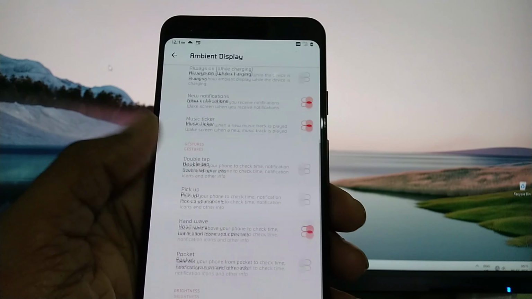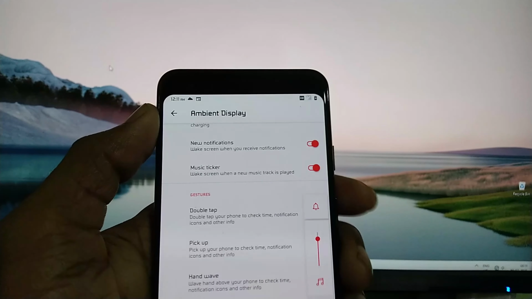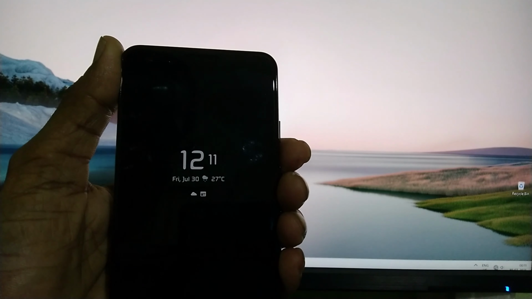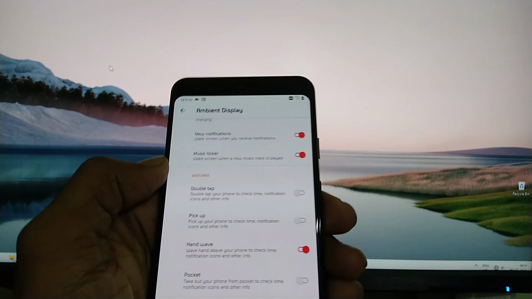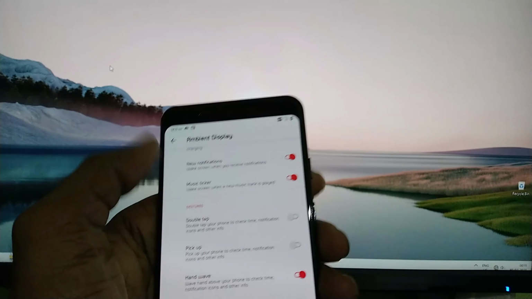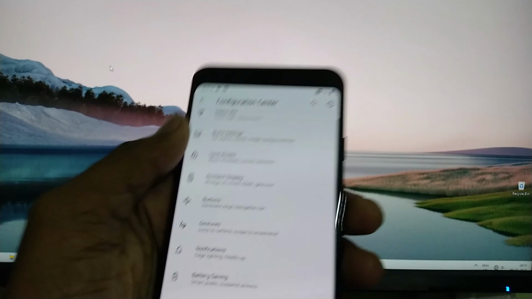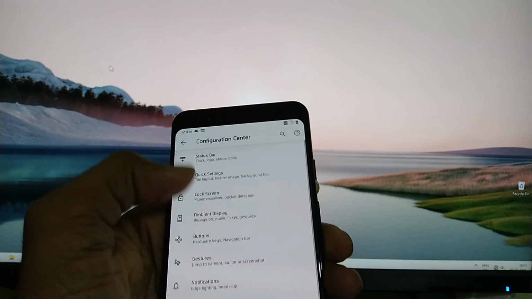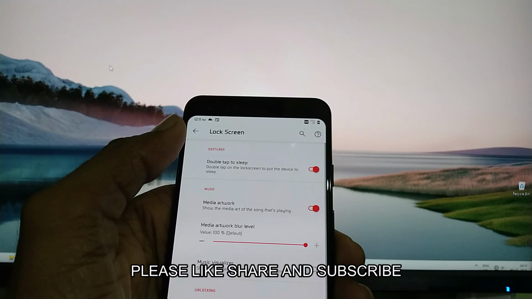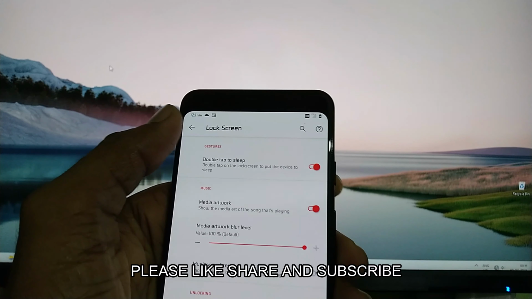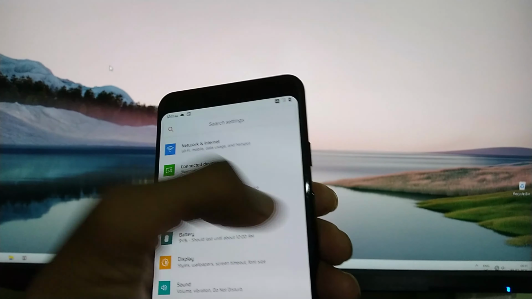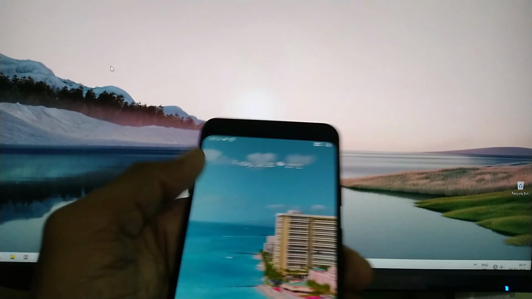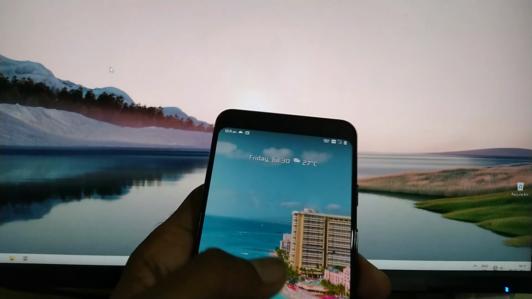We have a double tap option for gestures, and we have a hand wave option that works very well and smooth. This hand wave option is accurate, fast and smooth. And edge lighting depends upon the wallpaper. These are all the basic things you can find from here. In the lock option we have double tap and proximity detection options. We also have a lot of customization for the clock screen. This is the clock screen over here.